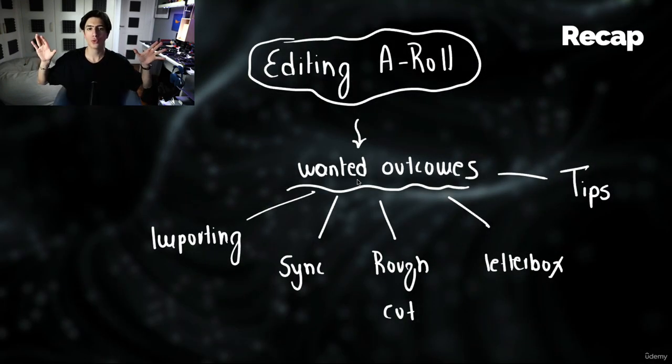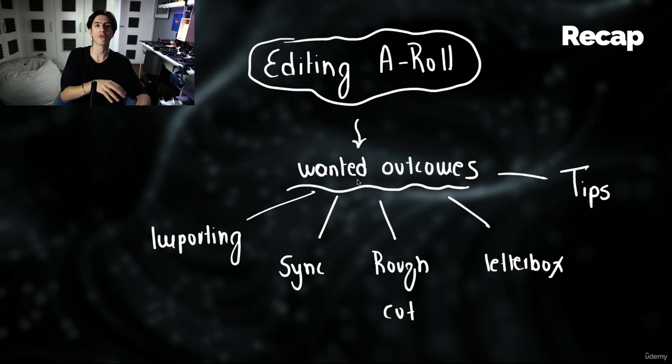Now let's move to the recap. Again, this was a huge lesson, and I think that I stressed actually enough the importance of learning how to edit. So we talked about editing A-roll, why you need to learn how to edit, what is A-roll, and then we discussed the wanted outcomes of the course. So let me repeat them. The wanted outcomes I want you to remember after the end of this lesson is that I want you to